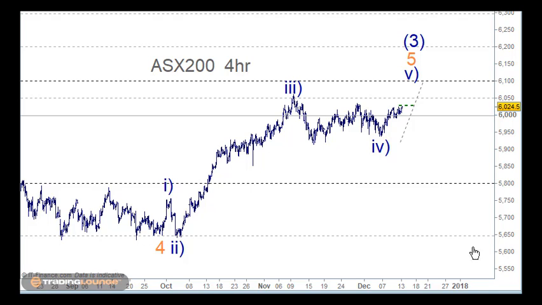This is pretty much how the counts panned out, in that we have wave 4 on this little low in here. Even though this low here is below this low here and would normally rule out this being wave 2, on the actual physical market this wave 2 here is not lower than this one here, and I can see that we need to have this as wave 1 and 2, and then 5 waves within this third wave up here, an A and a B and a C for the fourth, and we'll have one more move up here into roughly